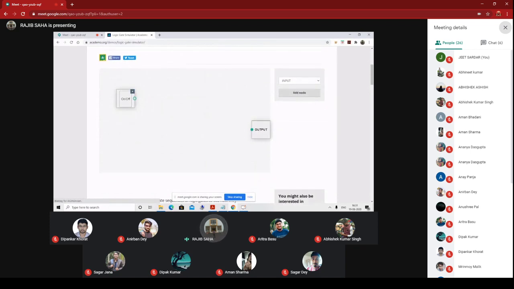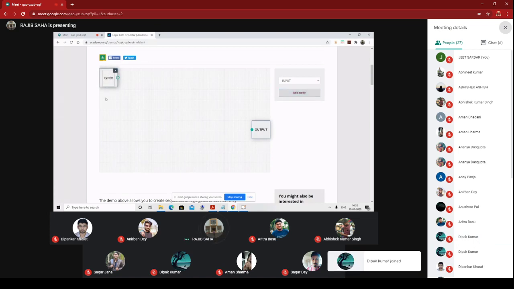Okay, so you can see that here we have a board basically where we have input, output. So now first we'll check AND gate. Select this input, add this node. I'm showing it again. Okay, just see it. First, to check any kind of gate, what we require is 2 input. So I'm selecting one input, click on add node, it has appeared here. Then again clicking on add node, another